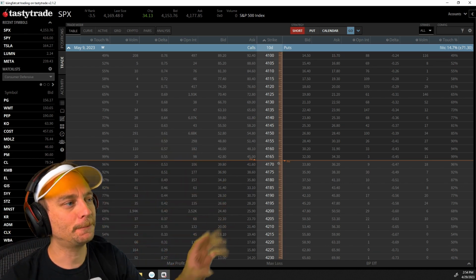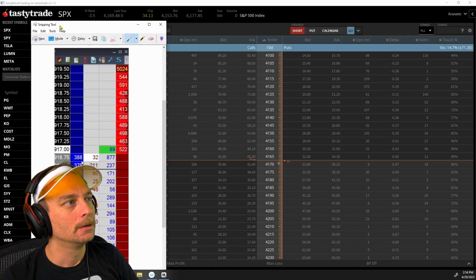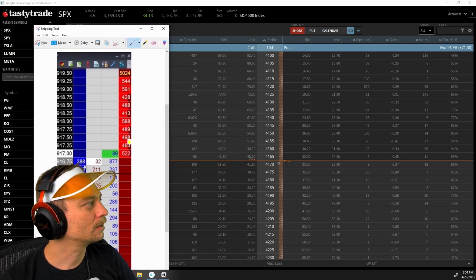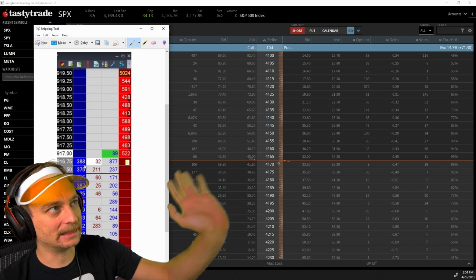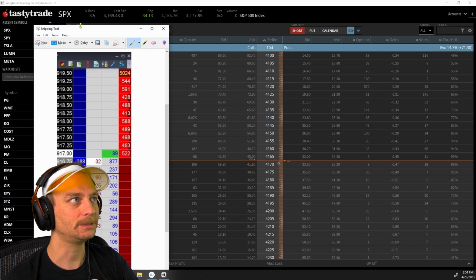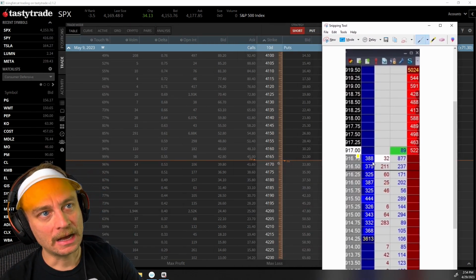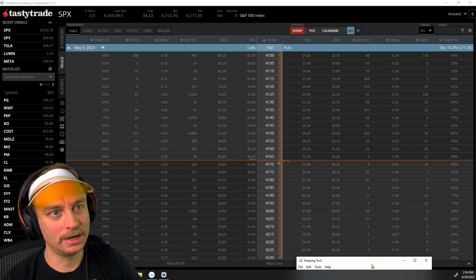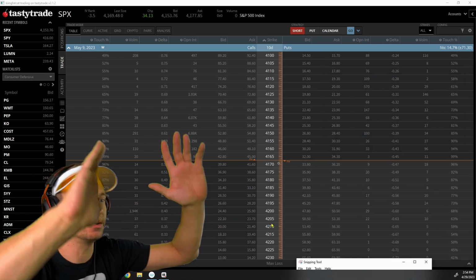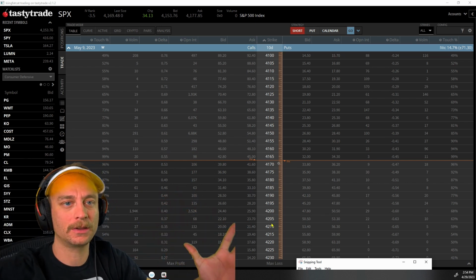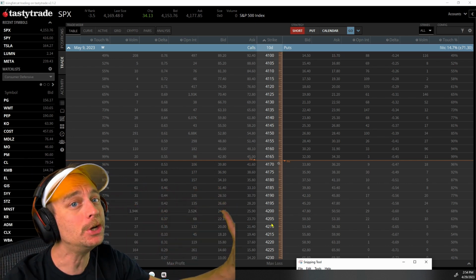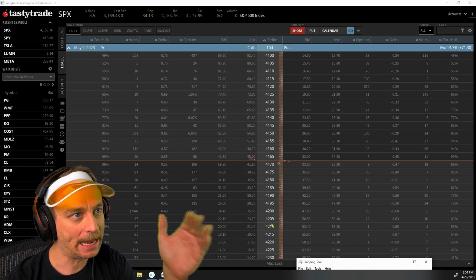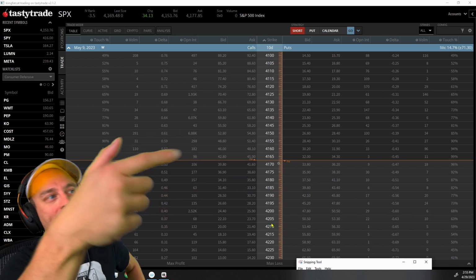So there's the first difference between a DOM. Do you remember when it used to be this thick? This is very old, actually. The ES is not this thick anymore on the book. I'll move it over here. But on the ES, the price goes up. You can see like 18 is up here, 19, and then 15 is down here. So on a normal depth of market, or even a chart, the price is going up as it goes to the upper side of your computer monitor. Makes sense, but for some reason, the option people made it go down.